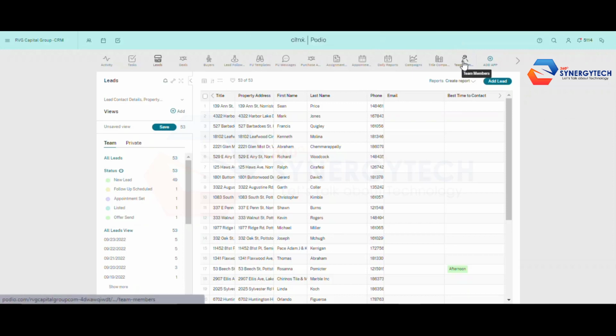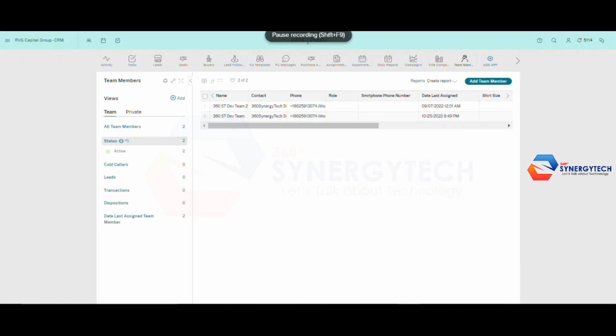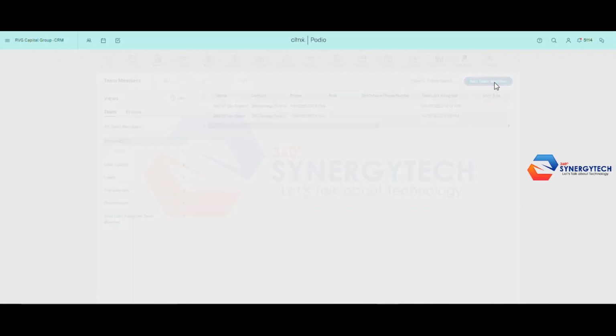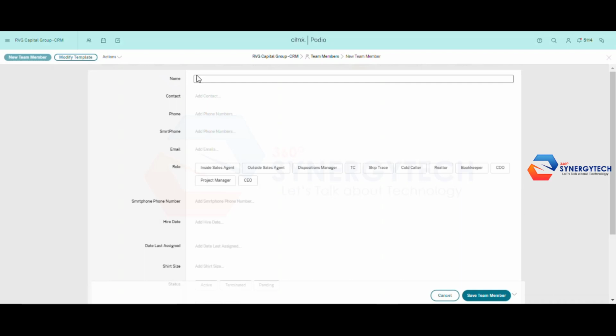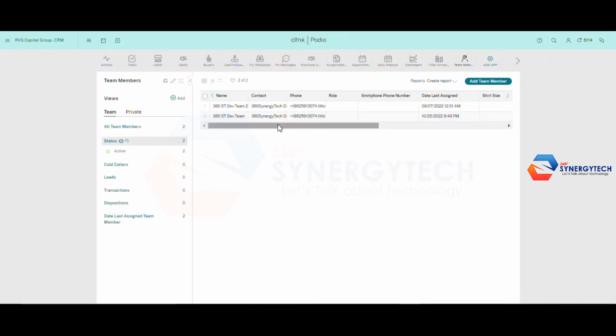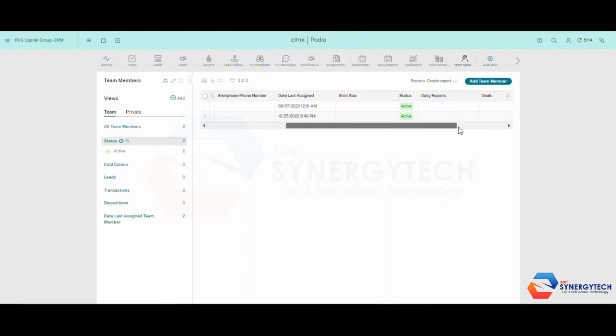And if you can see over here, team members, I'll click on it to show you what opens up. So in team members, these are basically all the people in your organization who are working with you. Over here, by clicking, you can add a team member, whoever you want to work on this project with you. And Podio automatically assigns your team members tasks using the round robin mechanism. That is very beneficial because it saves a lot of time for us and helps us do the work